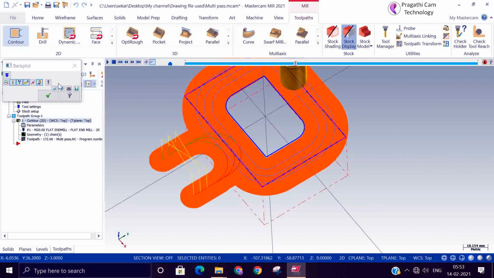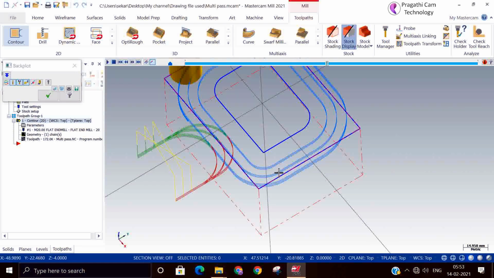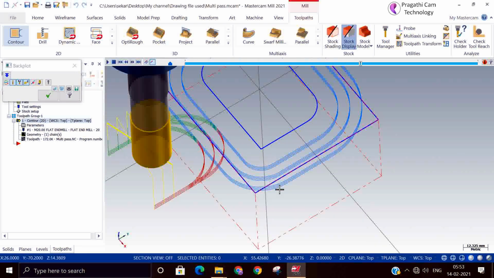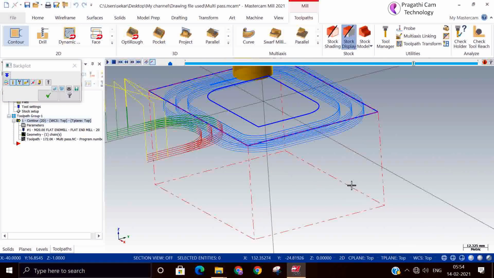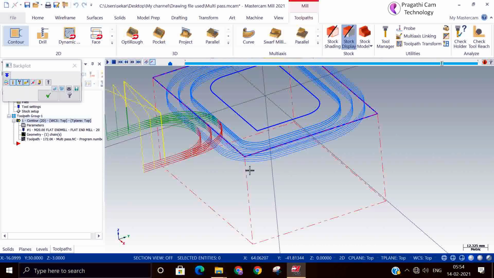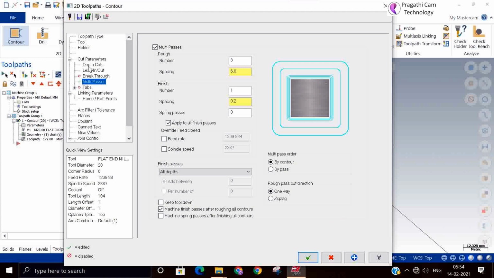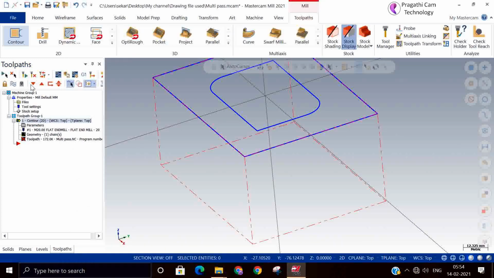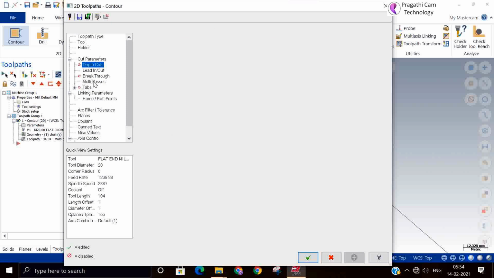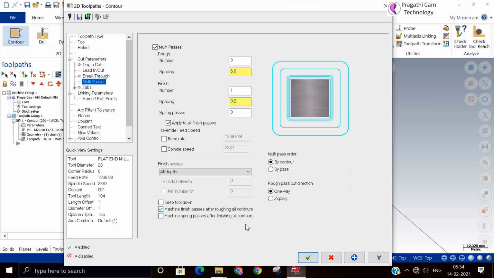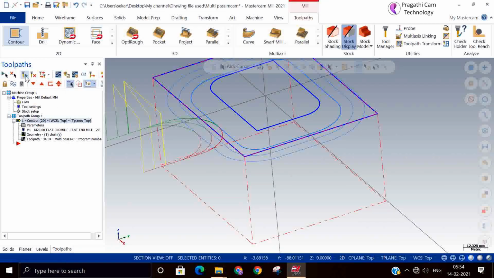We are unable to differentiate here. But one thing is sure, the number of moves is increased. So if you remove the depth of cut, you can understand what is happening. So now you see, we have given three passes only, machine finish pass after the rough pass of all passes. Now we see,